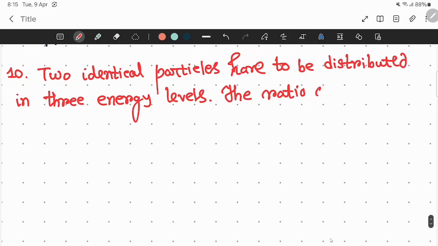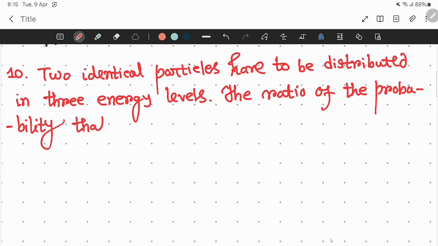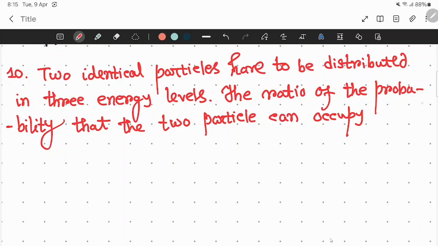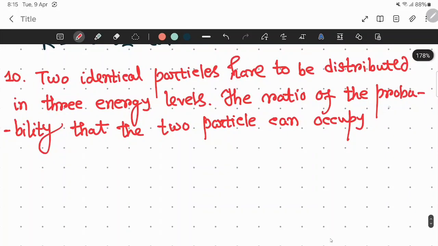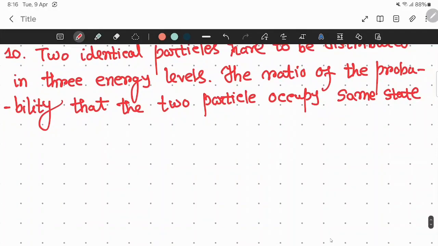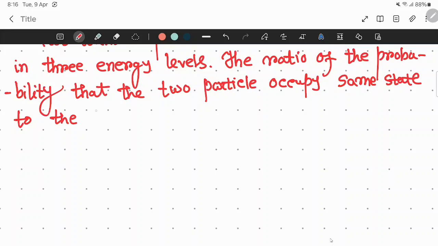The ratio of the probability that the two particles can occupy the same state